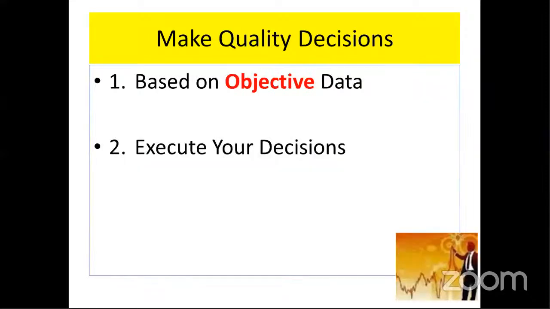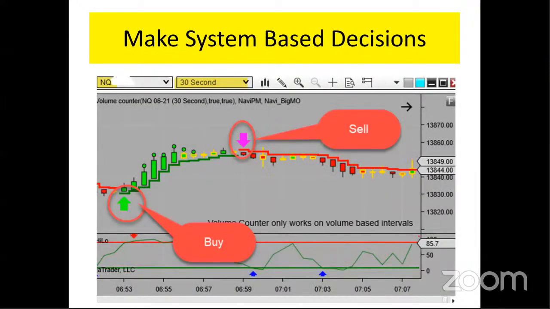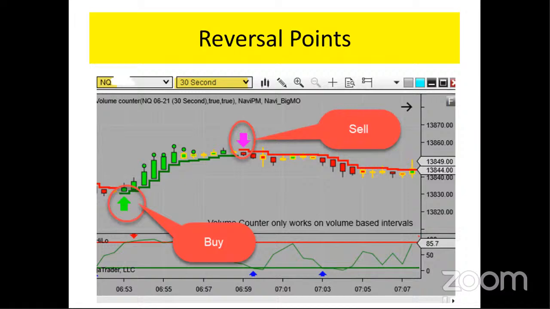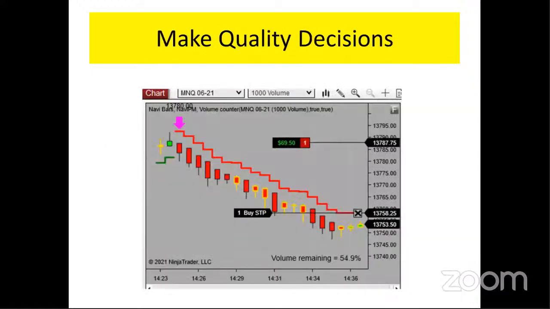All right, so what we said before is do your trades based on objective data. And what we've done is made that decision-making process as simple as possible just by putting the automated signals on the screen. So again, make system-based decisions based on the signals. All right, so very important to follow a system. And then, as I said before,